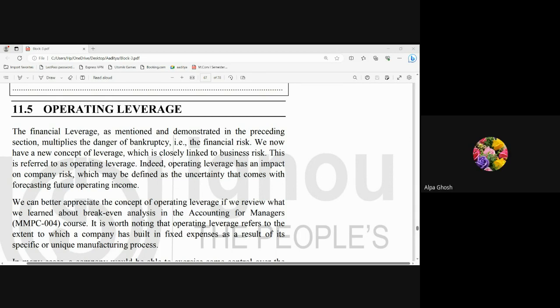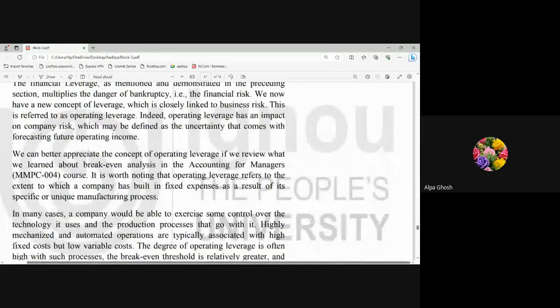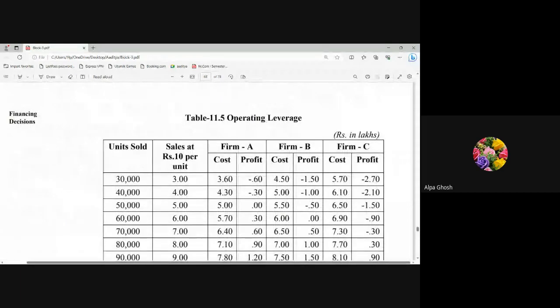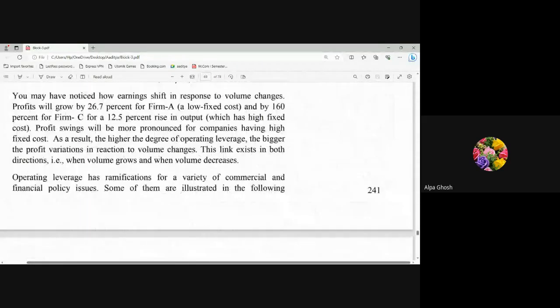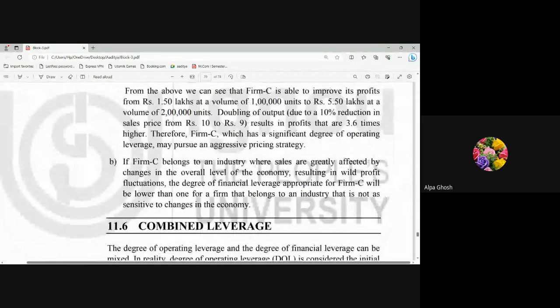So it is earnings before interest and tax. Now coming to the next one, financial leverage. In financial leverage, we take into account the earnings after interest and tax. Just now, we have done that. Earnings after interest and tax means when we have employed additional funds in the business, interest will come only when you have employed debt in the business. So when you have debt in the business and you are paying taxes, then it is your financial leverage.